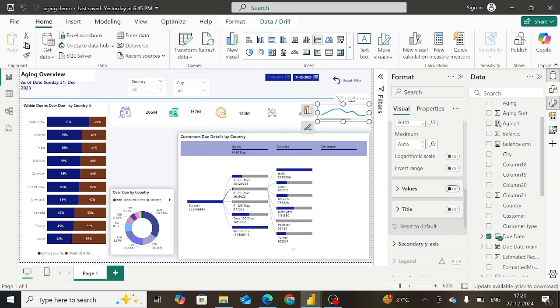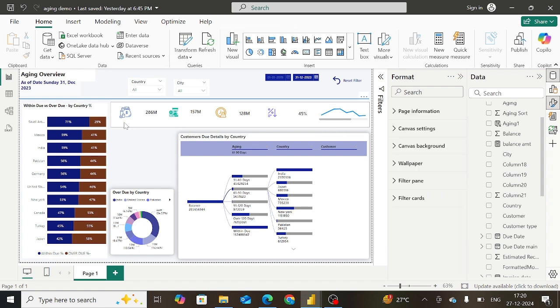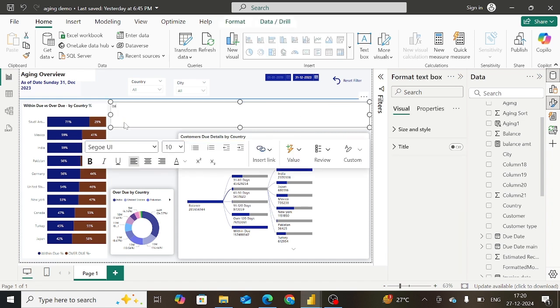Turn off the values. This is done. Now you can write in a text box, for example,